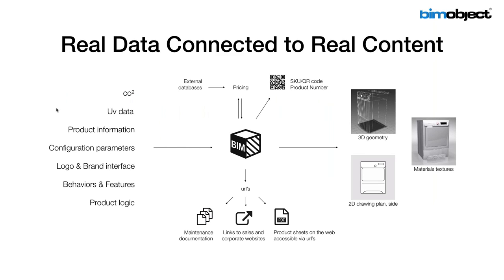So it needs to be real data connected to real content. As I said, in this little vignette here, we have a dishwasher. So we got some 3D geometry, cool. 2D drawings, and it's still needed today as part of the bridge. Especially that'll go away with the way we are able to view in a very short period of time. But a lot of we need the UV data, the CO2 emission. In this particular case of a dishwasher, we need to know what the heat gain is when that's running to be able to size the HVAC system correctly. What's the water consumption? What's the electrical consumption?